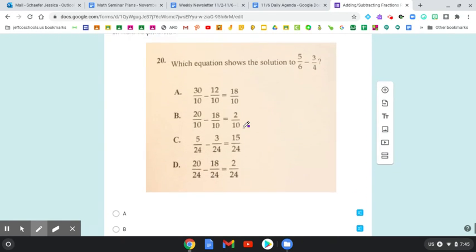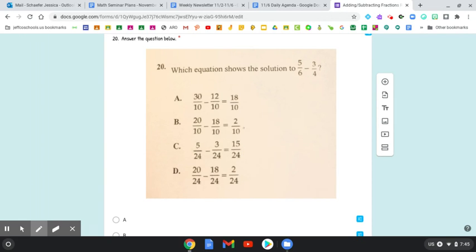And I think this is our last one. Which equation shows a solution to 5/6 minus 3/4? So I'm going to think about LCM with 6 and 4. I know 10 is not going to be a common multiple. It's going to be either 12, or if I continue up my LCM chart, 24s would also work. So if I think about 24s,